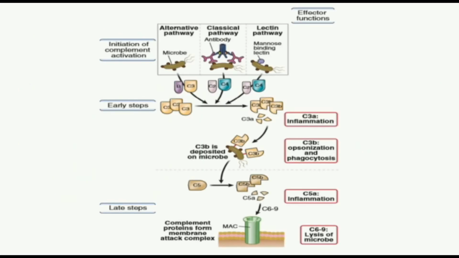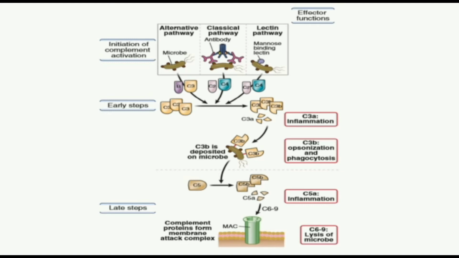The alternative pathway is stimulated as a result of the activation of some complement proteins on microbial surfaces and cannot be controlled, as complement regulatory proteins are not present on microbes; they are only present on host cells. The classical pathway is stimulated by antibodies which bind to microbes or other antigens, and hence it is a component of the humoral arm of our adaptive immunity. The lectin pathway is activated as a result of a carbohydrate-binding plasma protein. Mannose-binding lectins bind to terminal mannose residues on the surface of glycoproteins.